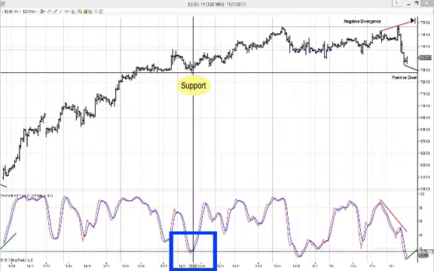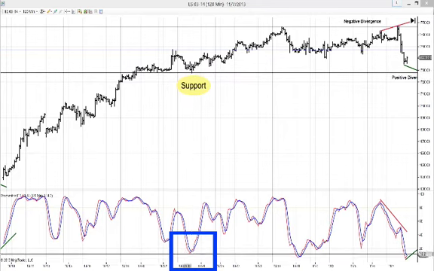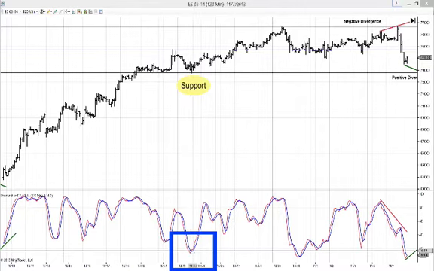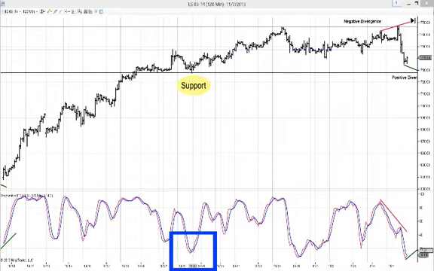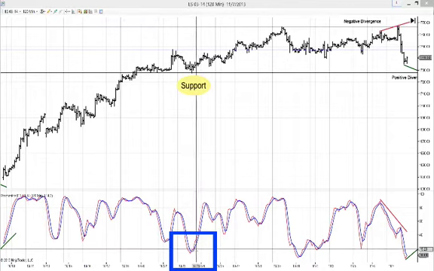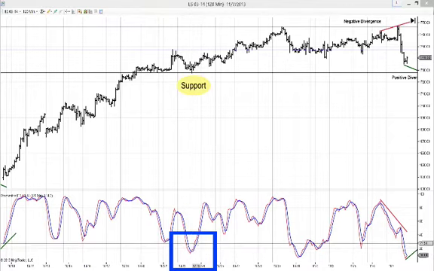So now we have this signal here that is telling us probably it's going to find support there, and then the stochastic lines cross. You see how the red crossed the blue? So now we have a second signal there, or a third signal there. And to make it better, now it crosses the line of the 20, so it climbs above that,